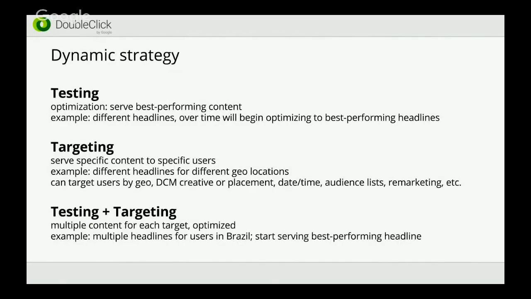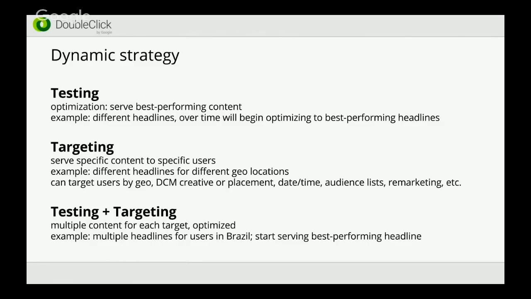And the best place to start when thinking about dynamic is, what are you trying to accomplish? Why are you making a creative dynamic? And the most common three reasons for making something dynamic, for using dynamic strategy, fall into these three types. Number one, testing. You have, say, different headlines or different content that you want to try serving to users. The dynamic ad server on the back end, over time, will start optimizing so that the best performing content